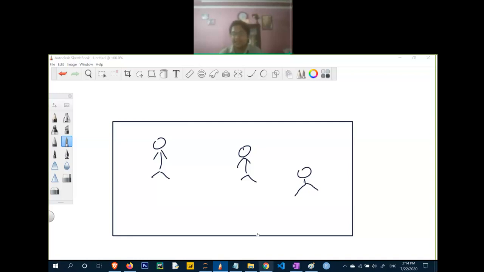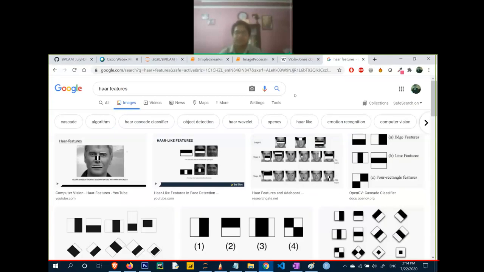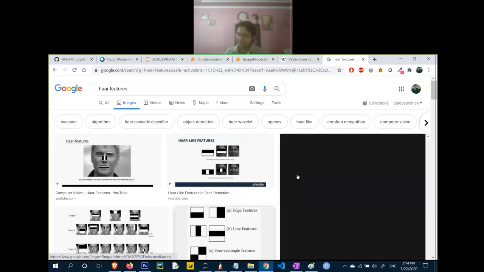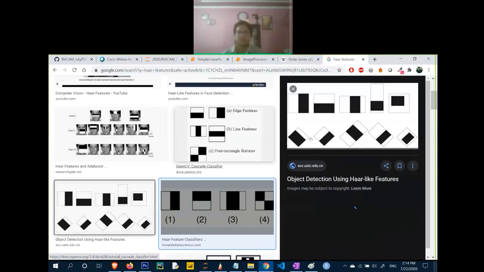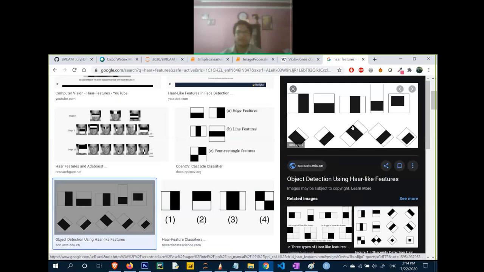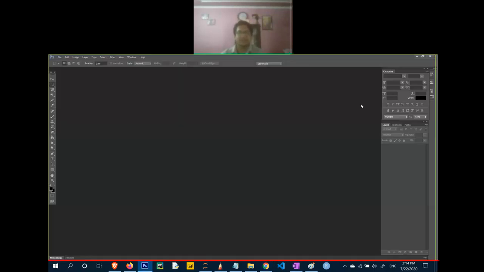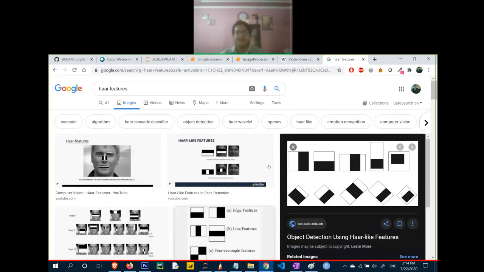They said that on each and every human face, if we place these Haar features, these things that you are looking at right now, on any human face in any image, it will help you detect whether a human face is available or not. How?